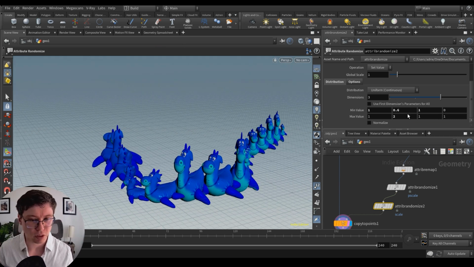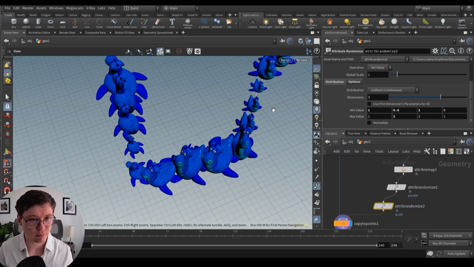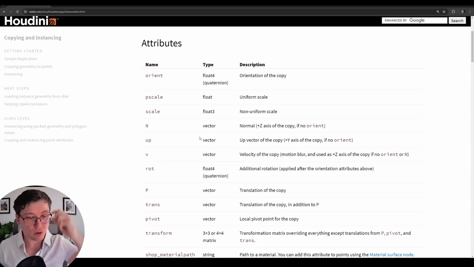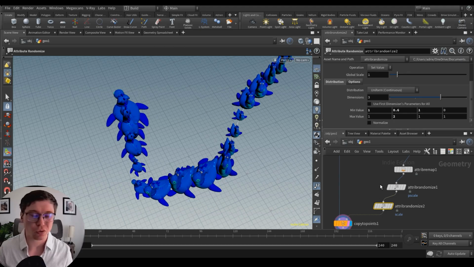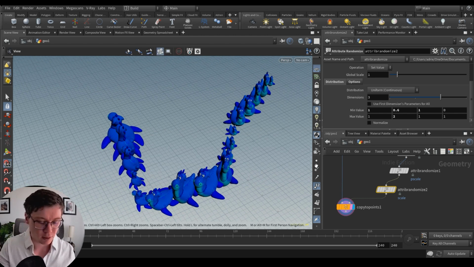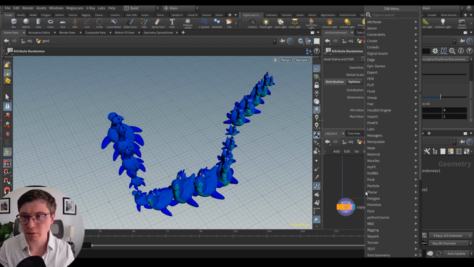What else could we talk about? Yeah, we haven't talked about the orient attribute. That's actually a good one to talk about. Let's say we want to also randomize rotation, right? That's an important point. So orient, maybe we have, you know what?